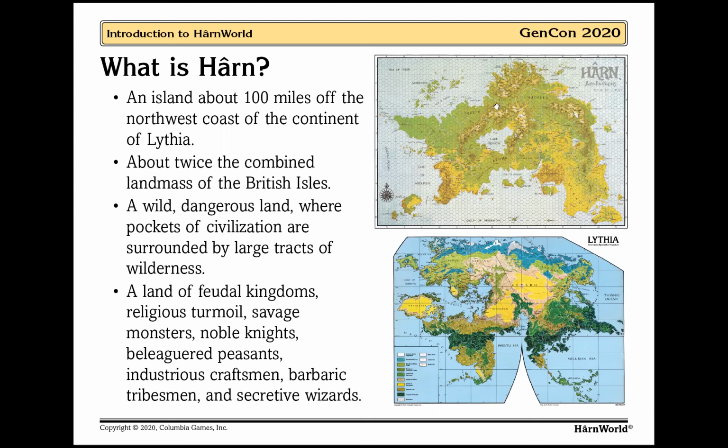I think people have likened it to roughly the same size in acreage as the island of Madagascar. And whereas the northwest part of Lithia, the kingdoms there, if you figure things like France, Germany, the analogs to those, they're considered far more civilized, Harn is kind of out of the way, a backwater, a wild, dangerous land. There is civilization there, but it's considered considerably more dangerous and wild than most places in the civilized lands of